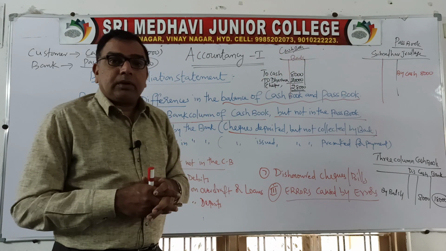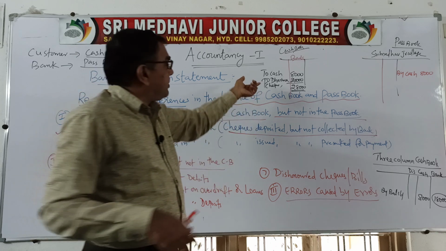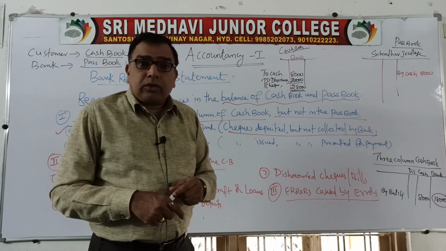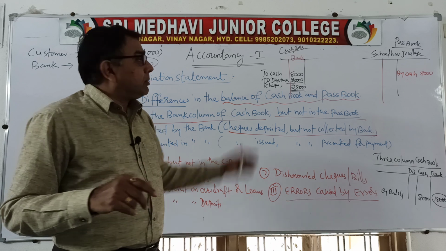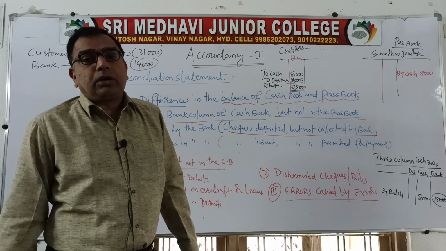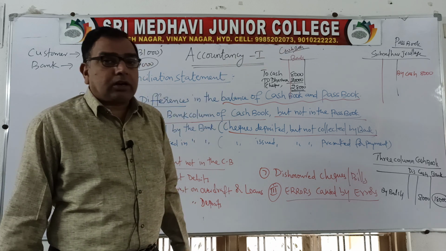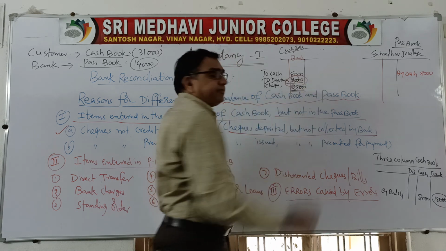Clear? So in that course, by the time this Dharma check is credited into your passbook, there may be some communication gap. Immediately after depositing the check into the bank, you will make the entry into the cash book. So to Dharma you have written 8th January only, but tomorrow say 2nd Saturday, 9th holiday, 10th Sunday holiday. So the money may reach the bank on Monday. In such a case, your passbook is not showing this 20,000. This is not appearing over there, you can see.